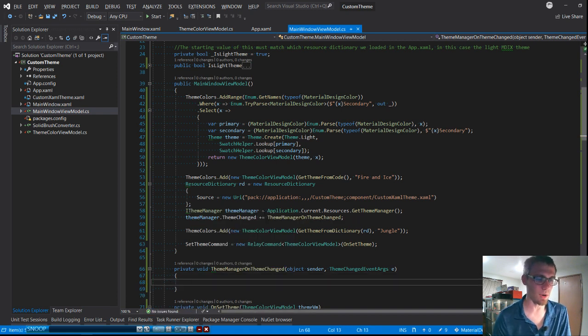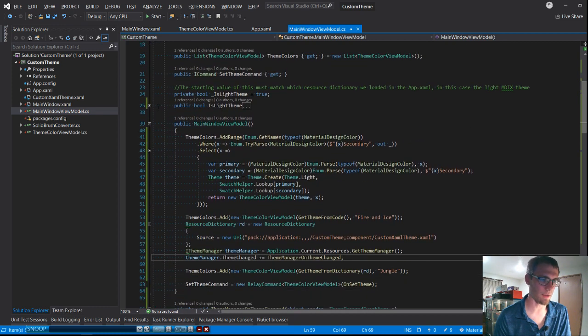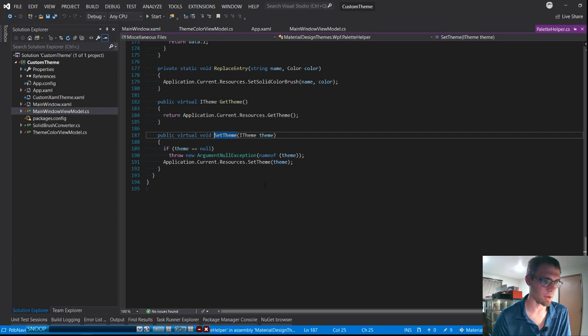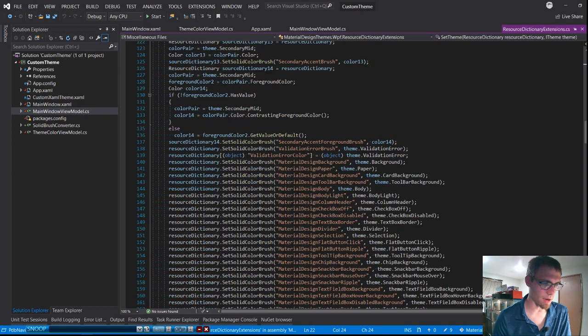The thing to note is this theme manager is also per resource dictionary. So when you do the new set theme methods on like the palette helper, so when you call palette helper set theme, one of the things that it does at the very end of the method, I should probably stop looking at, so you'll notice this is just application current resources set theme. Come on, all the way in. The last thing that this method does,